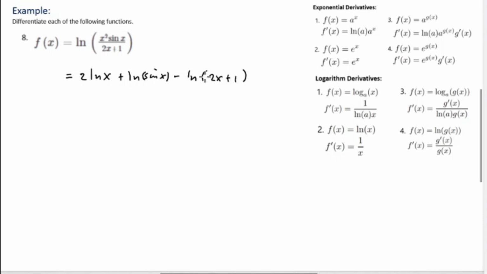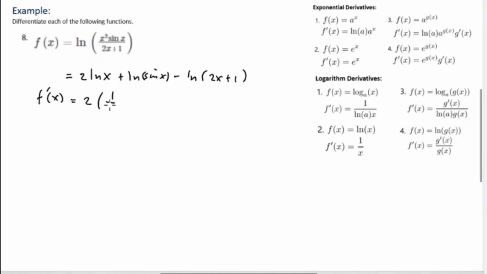Once we simplify, we can now differentiate. So f of x prime is equivalent to 2 times the derivative of ln of x, which is 1 over x,